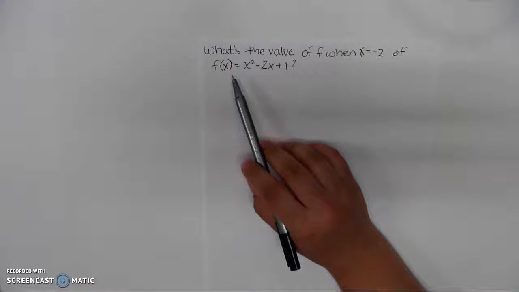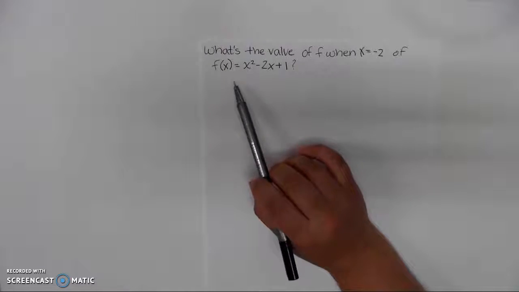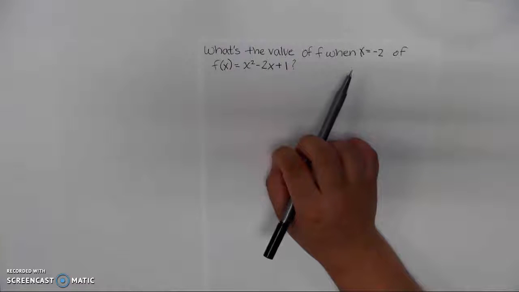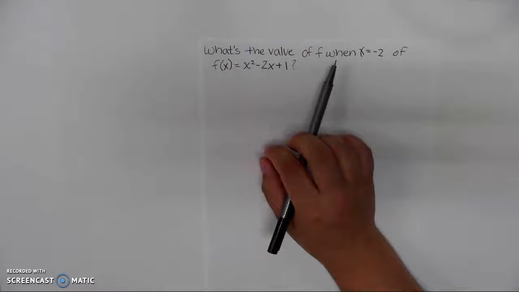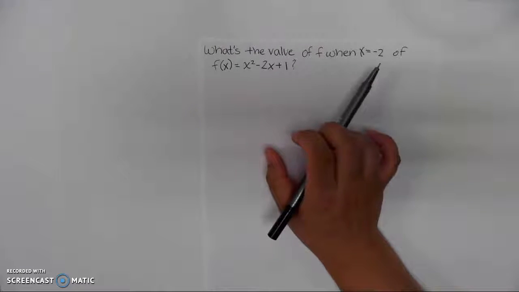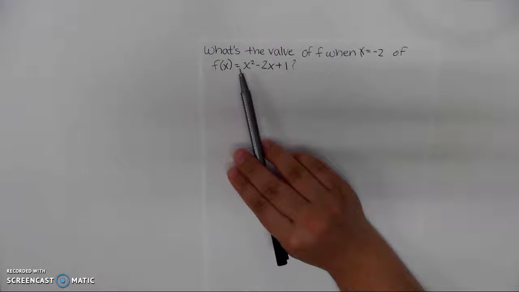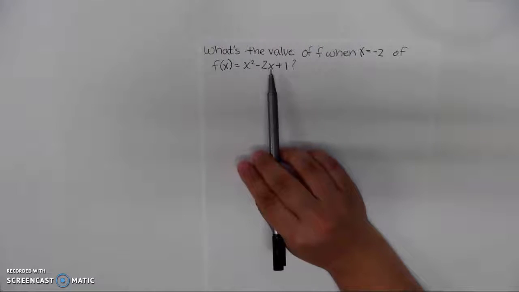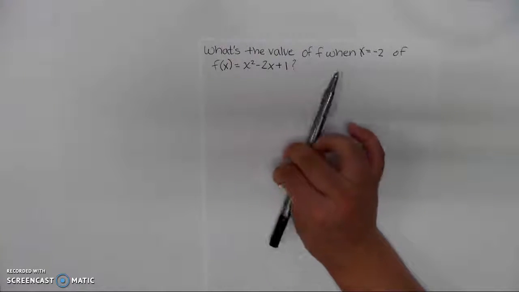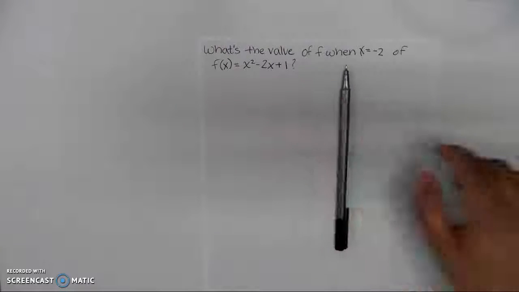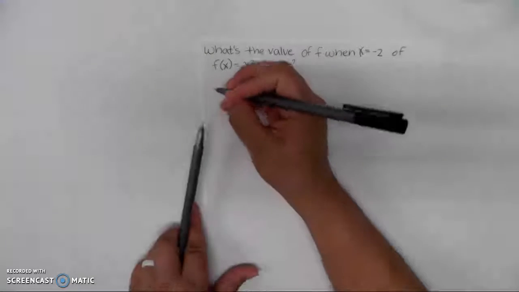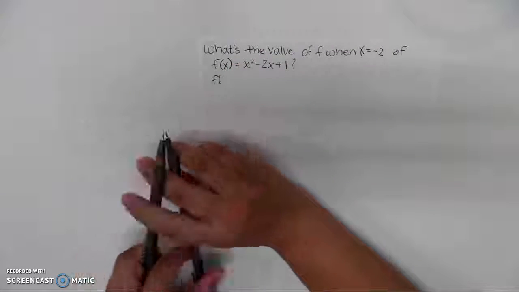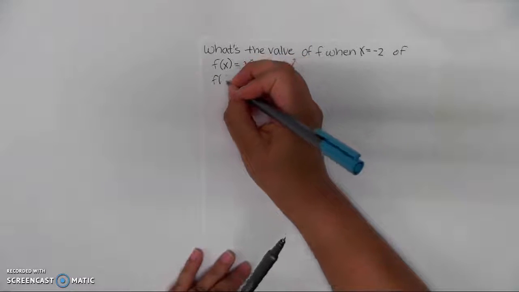So we like to use function notation when we're substituting values in for a variable. Notice here it says, what's the value of f when x equals negative 2, if f of x equals x squared minus 2x plus 1. Whenever we see an x, we're going to plug in a negative 2. So f of, there's an x, so I'm going to plug in negative 2